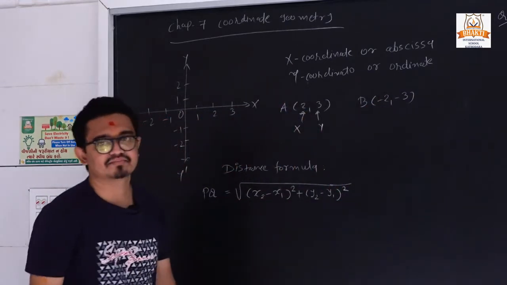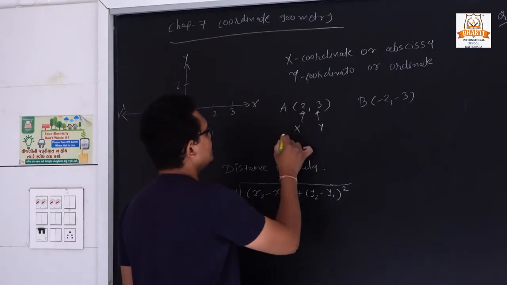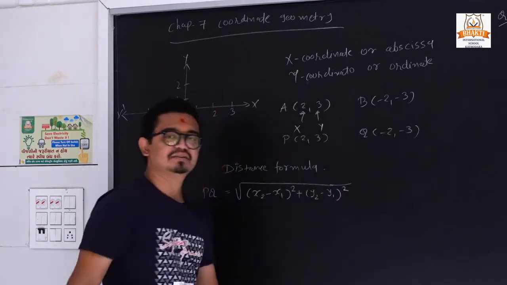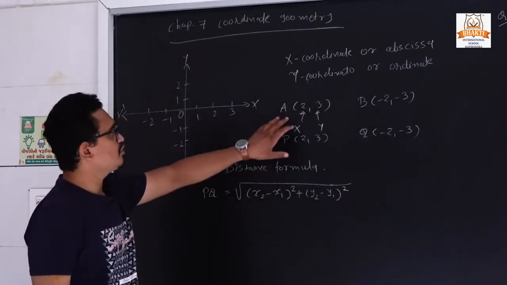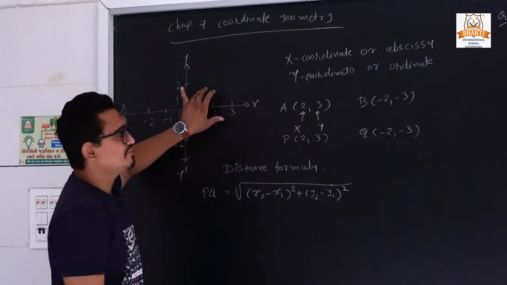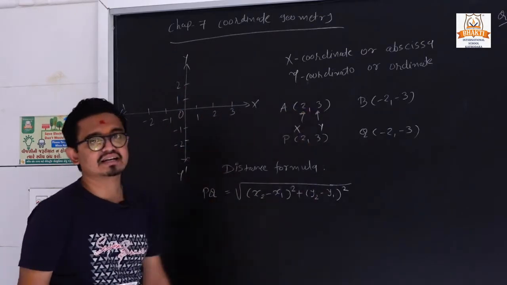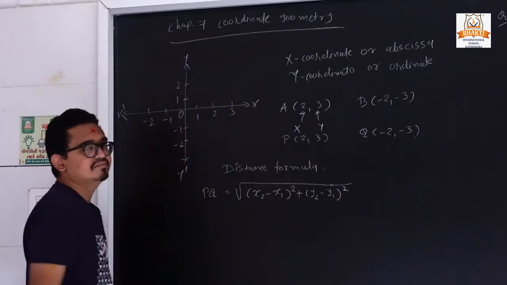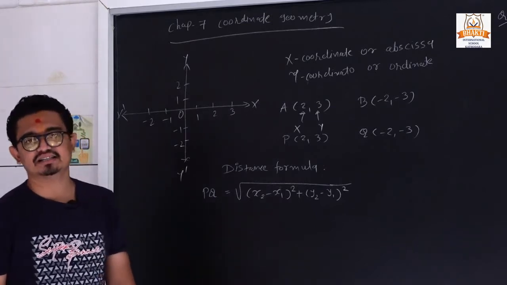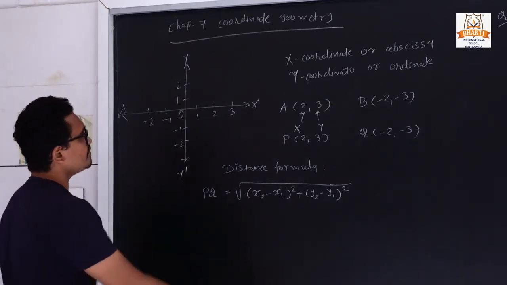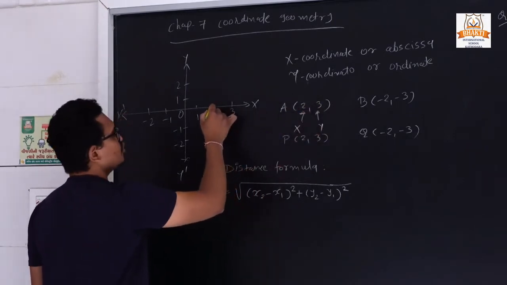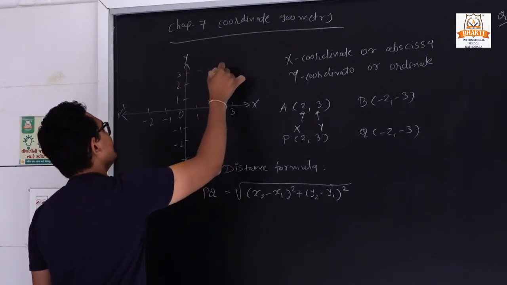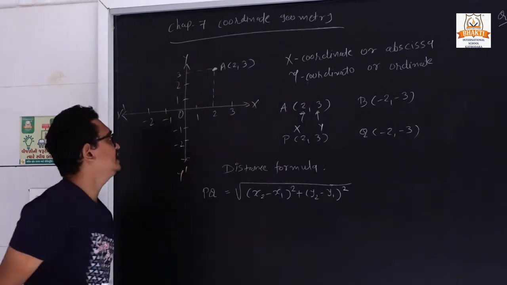Suppose here I am selecting 2 points, A and B, or sometimes also called P and Q. We can take any name. Now if I want to plot the point on our graph, suppose the first point is 2, 3. Here it is x and that is the y line. We have two axes, the x axis and the y axis. So for 2, 3, it is 2 here and here we have 3. Both are matching here. So the first point is here, A is equal to 2, 3.